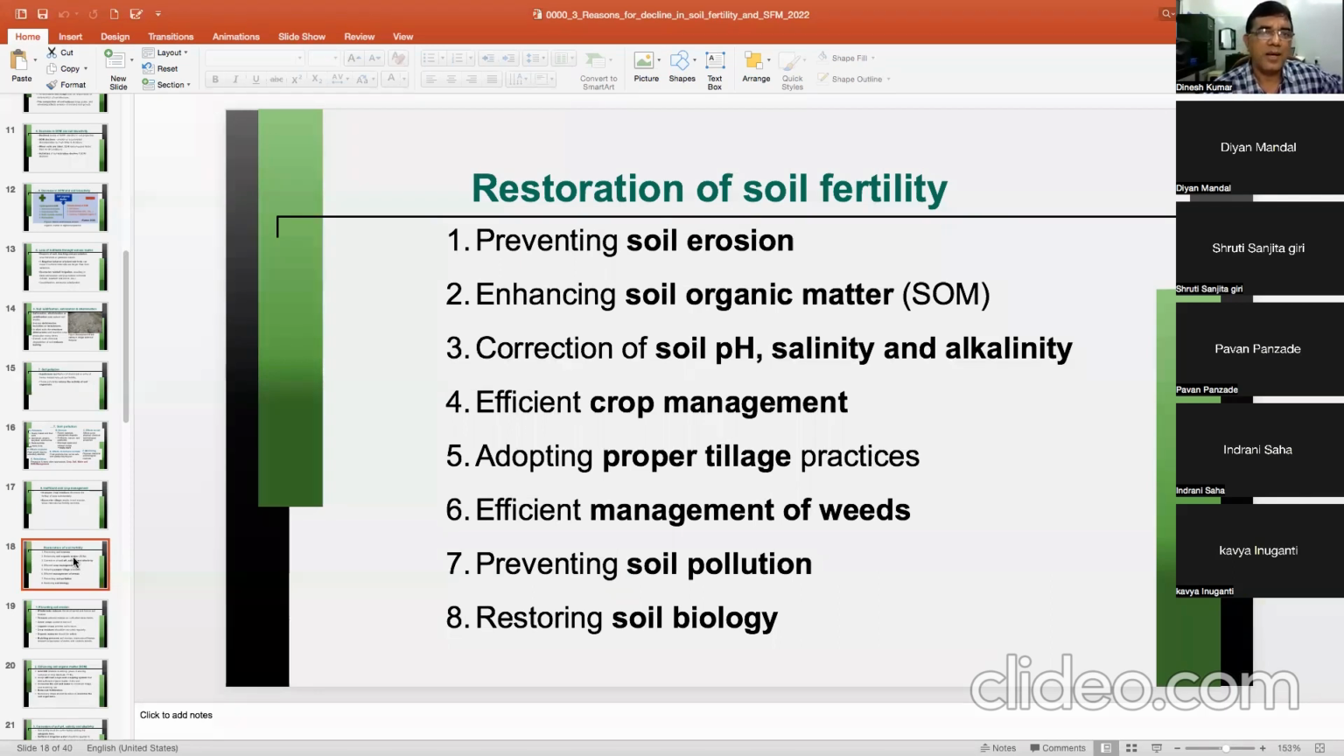tell the restoration approaches. One is preventing soil erosion, enhancing soil organic matter, correction of soil pH, salinity and alkalinity, and efficient crop management, efficient or proper tillage practices, efficient management of weeds, because weeds also remove a significant quantity of nutrients, preventing soil,